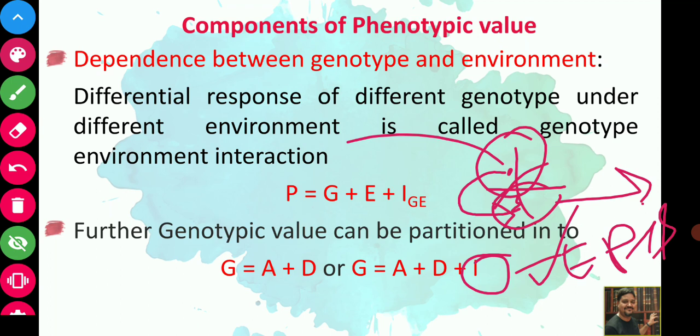So we can say that not all components of genotypic value are getting transmitted to the next generation. Only additive genetic value is getting transmitted to the next generation, and this additive genetic value is known as breeding value. We will study the breeding value again. I hope you are now in a position to explain what phenotypic value is, what the components of phenotypic value are, and what the components of genetic value are, and why mean environmental deviation is considered to be 0, and why mean phenotypic value is equal to mean genotypic value.